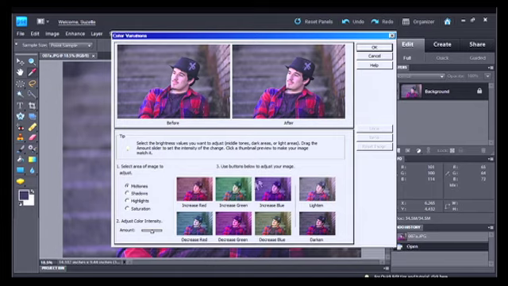Well, first of all, I can tell you these are way too extreme. So right here, where it has the amount, I'm going to tone this down so it's a little bit more subtle. And then this button is increase red, increase green, increase blue, and this is decrease. So I'm just going to drag this up. Oh, that's way too much red. So I can turn it down. Let's say maybe just a